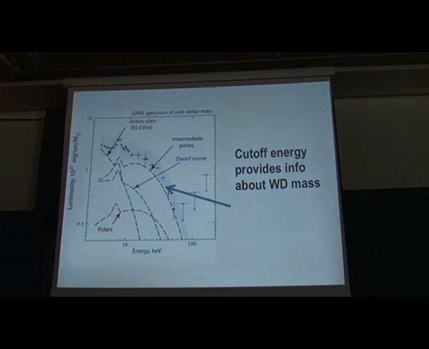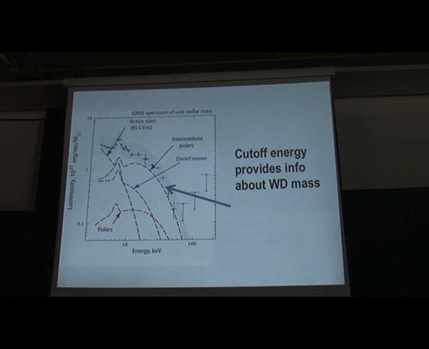Another important issue about this galactic ridge emission is that we can not only determine the flux in the galactic plane and compare it with the flux we can predict from the local population, but we can also measure the shape. And the shape of this galactic ridge X-ray emission can again be explained by the contribution of cataclysmic variables.